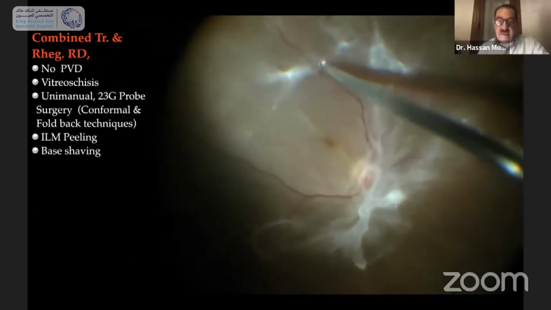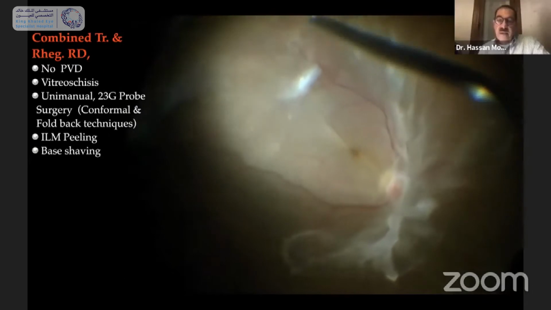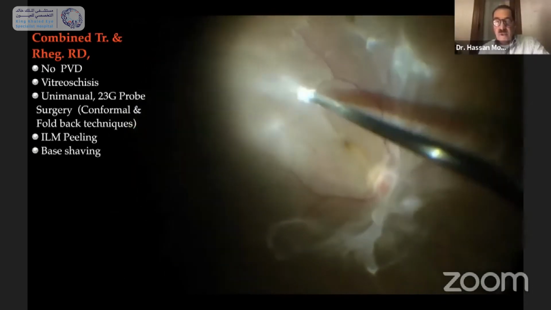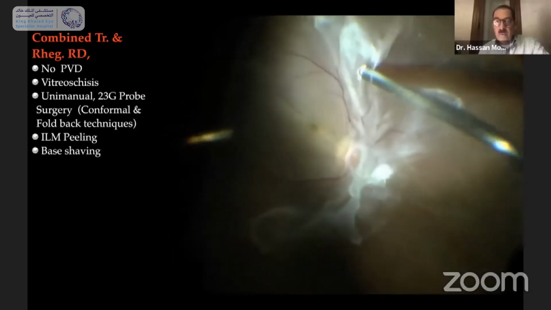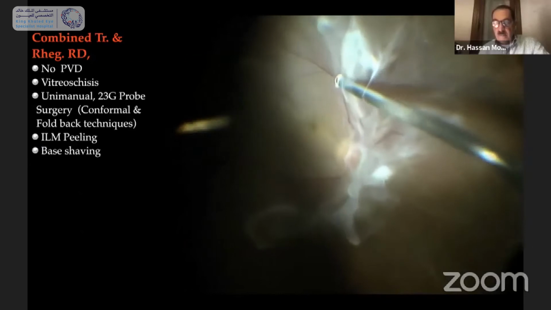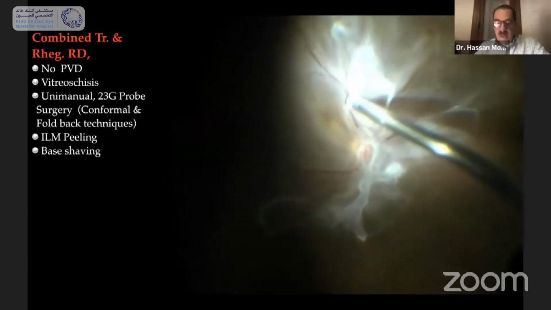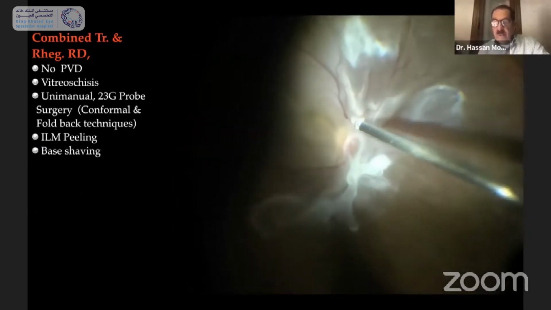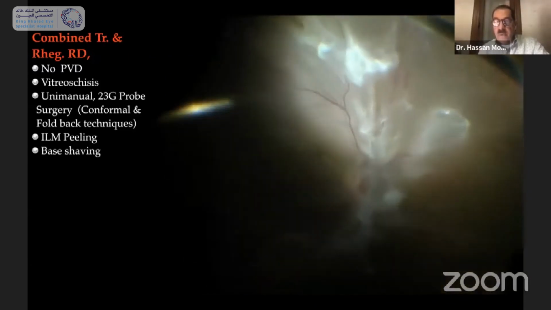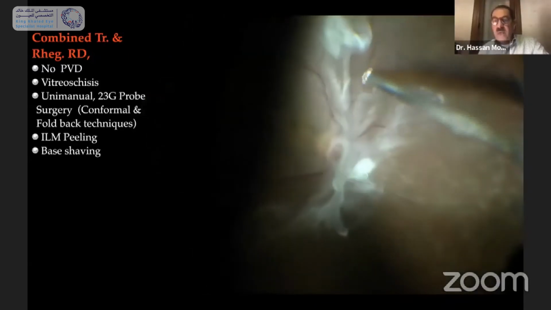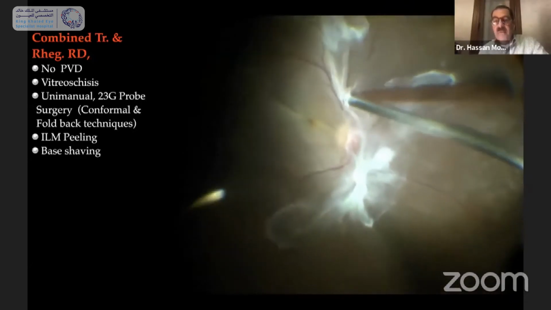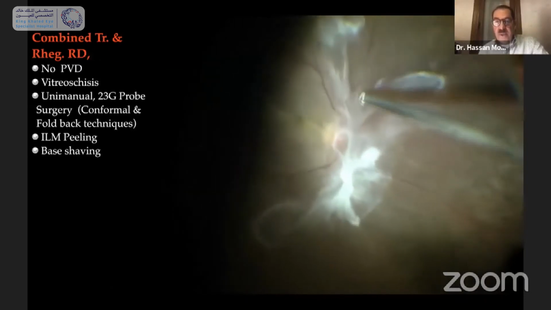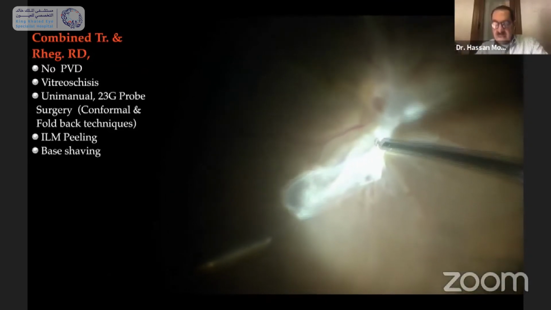This is the second case, and I would like to demonstrate that in combined traction rhegmatogenous retinal detachment, again, you can use the vitrectomy probe alone without the need to use a bimanual approach. And I think that using a bimanual approach or the probe alone depends on how close the epicenters are to each other and how much mobility the underlying retina has. Here, the vitrectomy probe is used to dissect, segment the membranes,